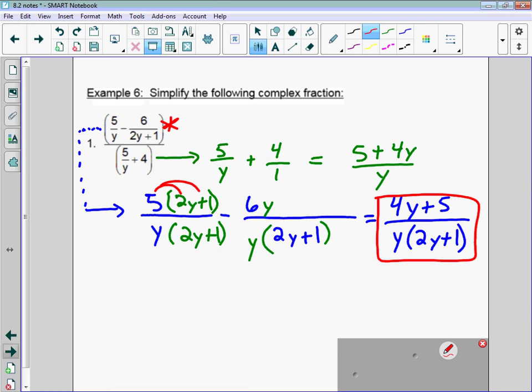Okay, condensing that down. The other part's a little bit easier. So if we look at this component, the 4 is technically 4 over 1, so what we would need with that common denominator would be y, so we have to multiply numerator and denominator there by y, which when we combine that gives us this, 5 plus 4y over y. So now